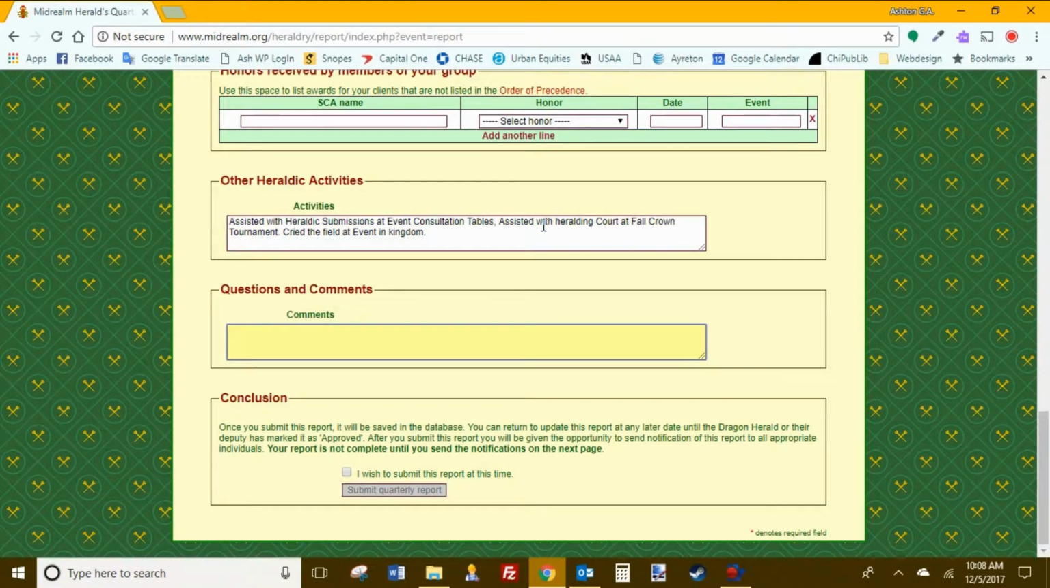Finally, the questions and comments section. In this section, you can list questions about procedures, policy, requirements for warrants, anything that you're curious about or want more information about. It can simply be a comment such as, I noticed so-and-so